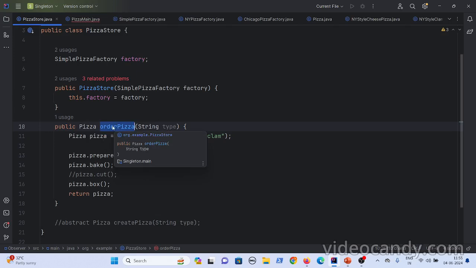Let's give the factories the ability to override this method. So if they want to implement their own implementation in my pizza factory, you want to override this logic.